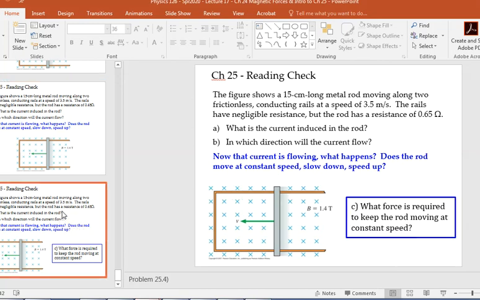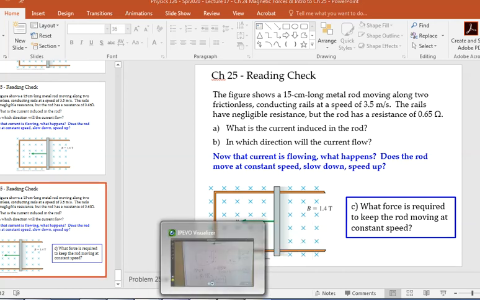And then there's a little bit of a bonus question in here, which is: what force is actually required to keep the rod moving at a constant speed? Well, this is not at all obvious, but pushing this rod forward means there's now a current going through the rod. We talked about how if you have a wire with a current going through it in a magnetic field, there's going to be a force equal to